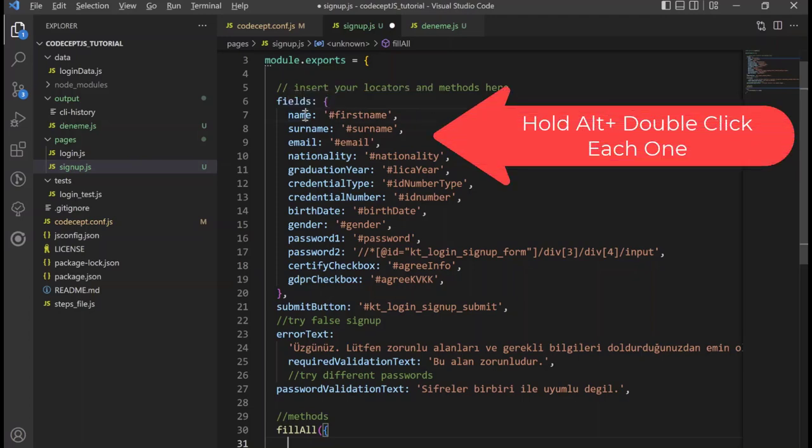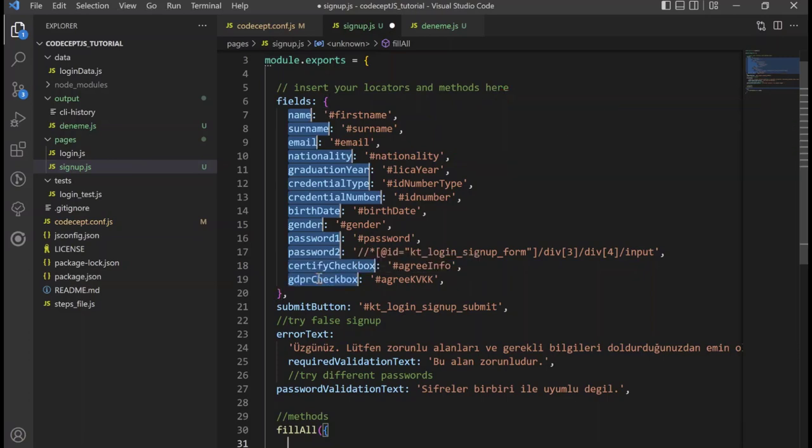Hold Alt and double-click on each field name. Then copy and paste here.